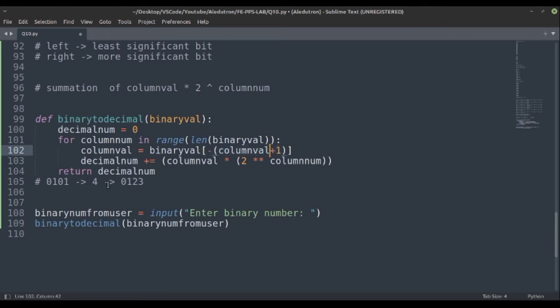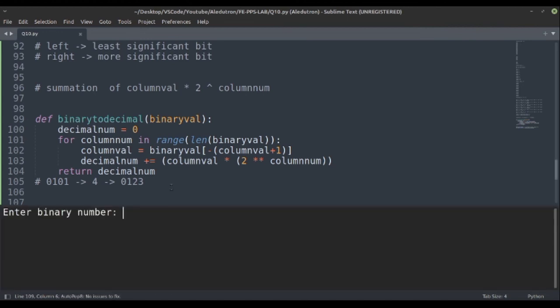So why are we doing this? Basically arrays are 0 based index, starting with 0 to 3. But while we are accessing this in the reverse order using negative indexes, we would require it from 1. So we don't require 0 index, we would require 1 index. But we are getting here 0 index. So therefore we are adding 1 to it and then creating the negative value of it and then storing it in the column value. So let's just run this, let's just print this and see what happens.